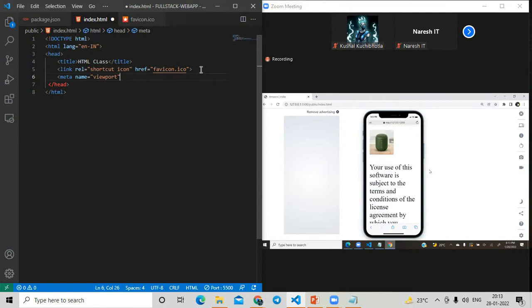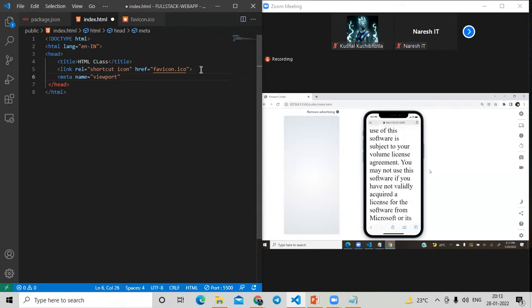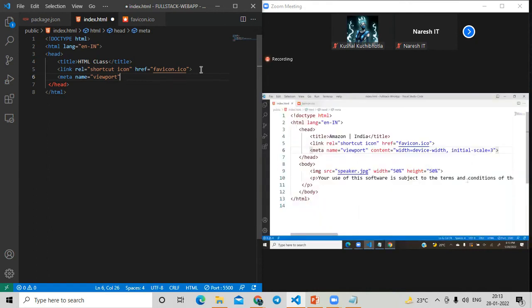Zoom size, scale means zoom size. I don't want such a large size. I want 100% zoom, a correct fit. This is large size zooming of content. We should not have three. It should be how much? One. Three means 300% of normal. That's not good for the screen. The screen should be correctly 100%. Sometimes if you are showing small contents, then you can enlarge if required, depending on the situation.